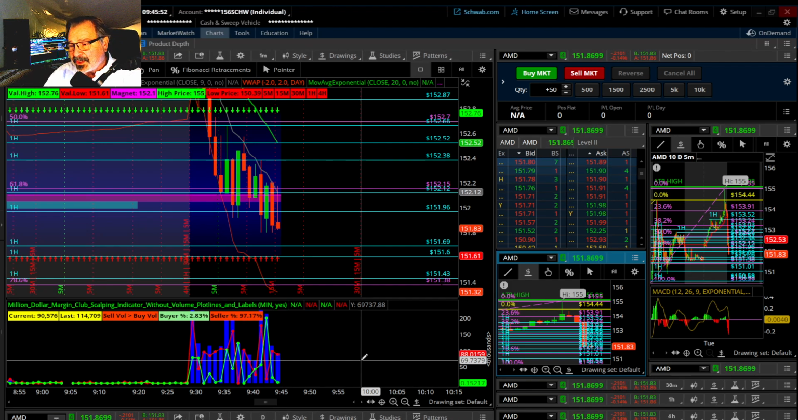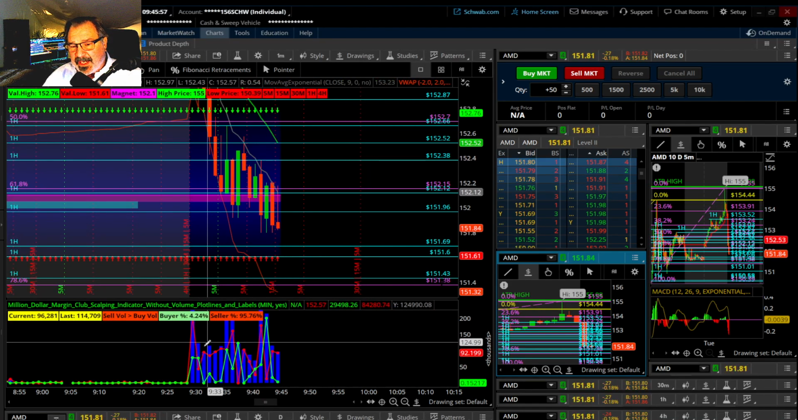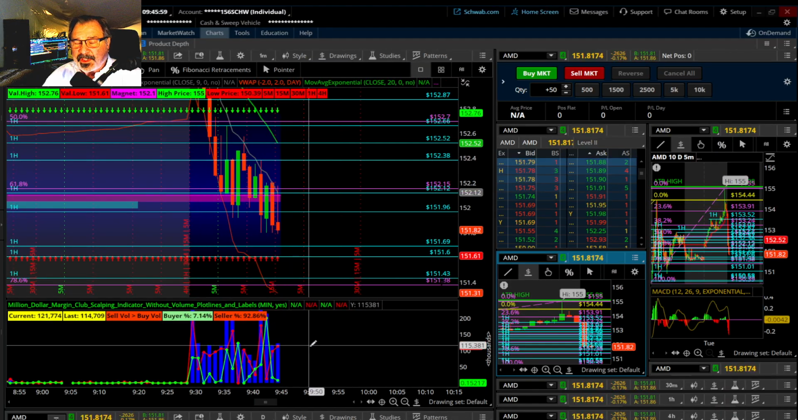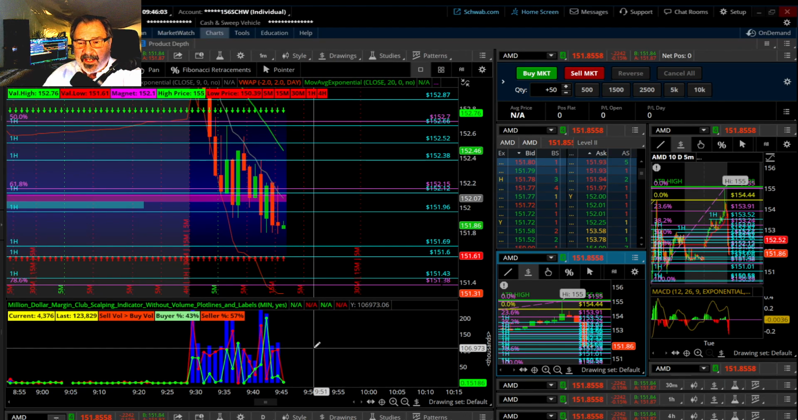Again, I was talking about this layout. This is the 1 minute chart here with the scalping indicator down here. I do have up the multi-chart alignment again on the far right of the dashboard up there. And then I have the new